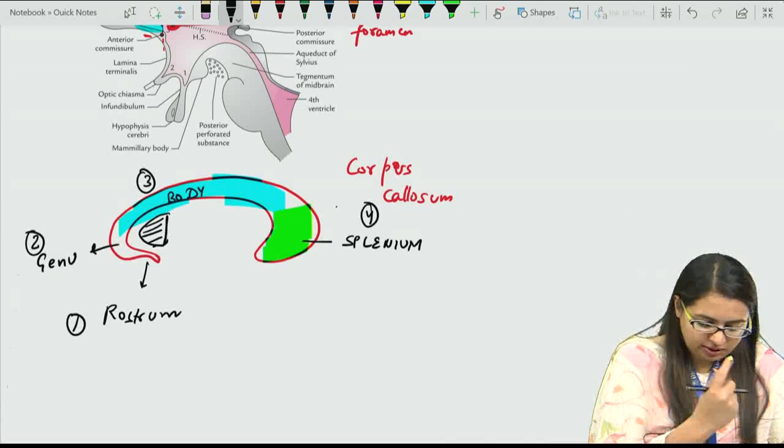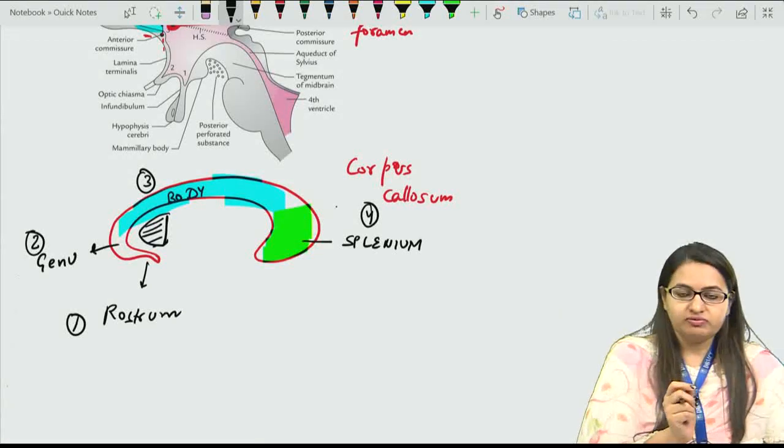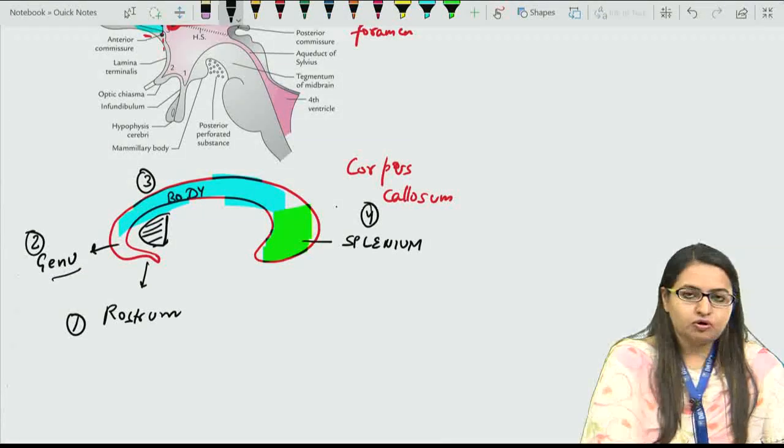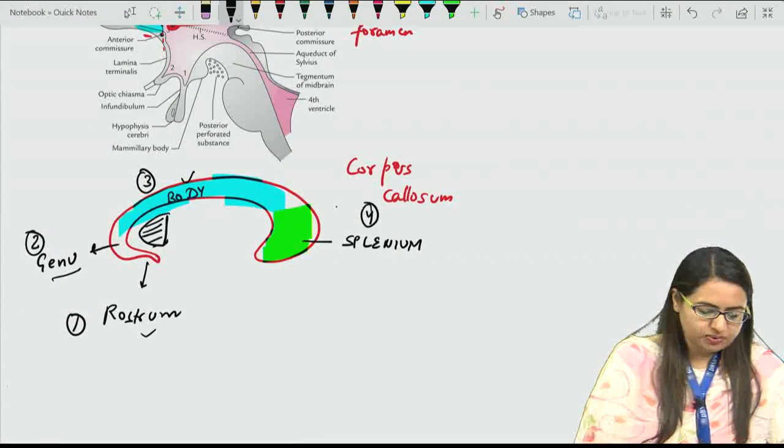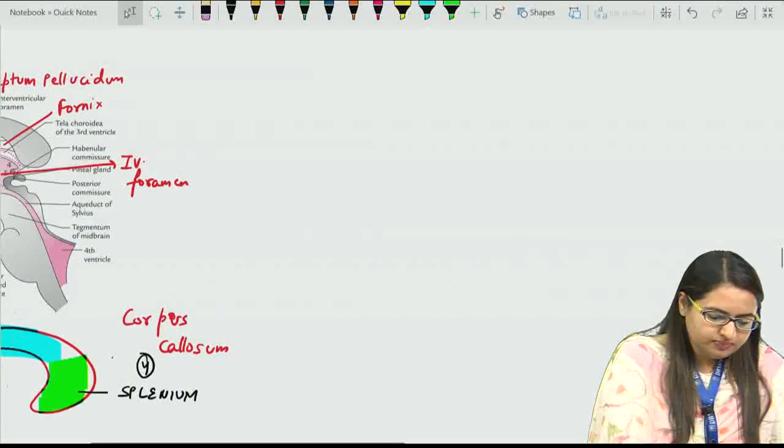This is the location of the anterior horn. So from the anterior side, it will be limited by the genu of the corpus callosum. Towards the roof we have body of the corpus callosum, and towards the floor we have rostrum of the corpus callosum. So for the anterior horn,